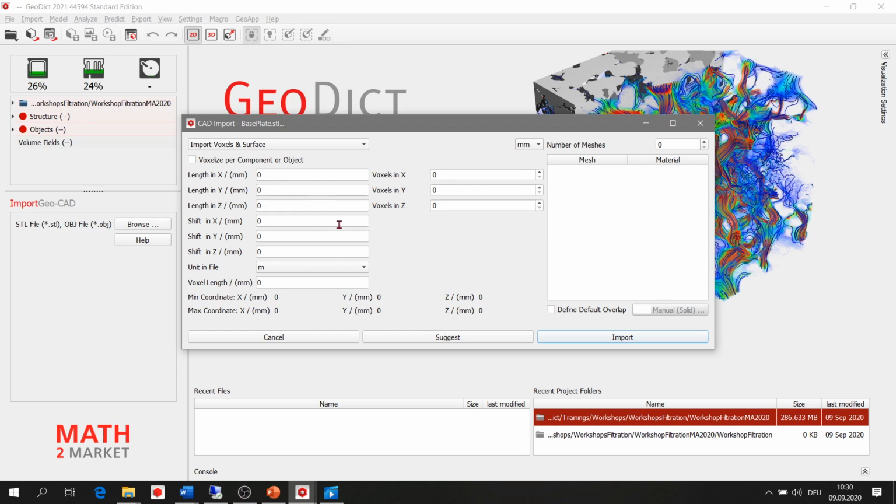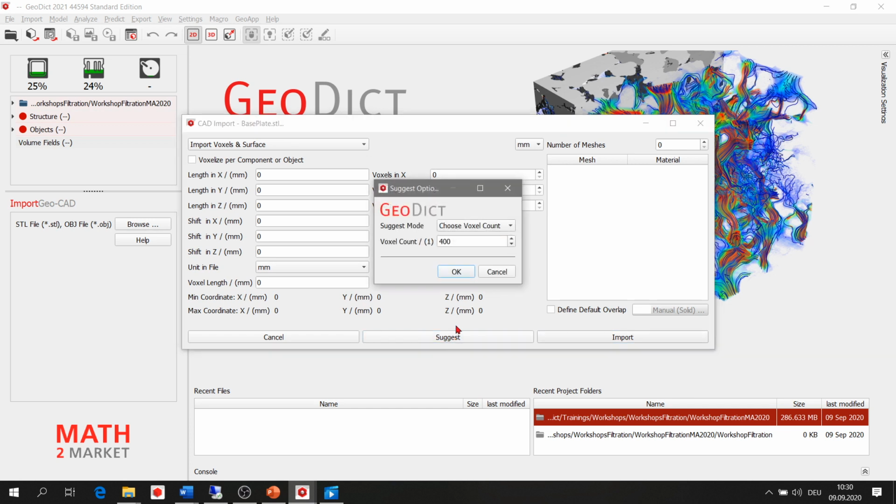Here you can see this is the user interface of the CAD import. The first thing is that you have to select the correct unit in which the CAD geometry is saved and exported. We know that it's millimeter. And then you can click here on suggest, and let's say we select 1000 voxels along the longest axis.